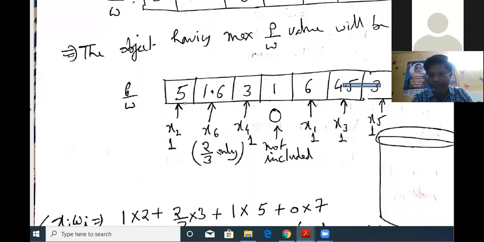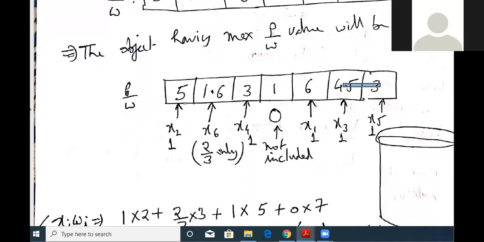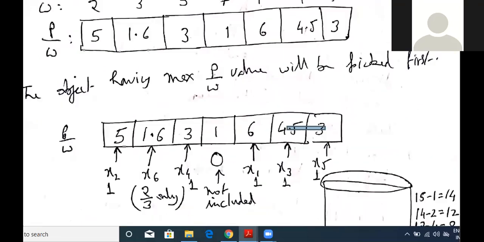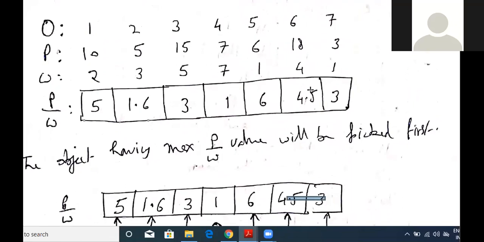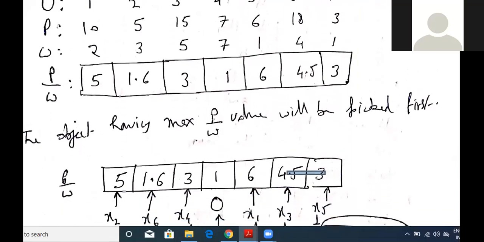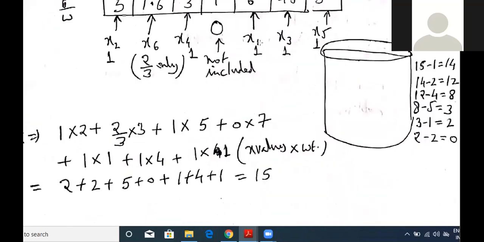Okay, so now let's see what will happen if we are proceeding in this manner. So how to calculate? I'm minimizing my screen so that you should be able to see the picture. So first we have picked this item, since the maximum profit to weight ratio is here, and the weight associated with this item is 1. It means we have to first carry one weight item. So the knapsack capacity that is given is 15. So first we have to carry the 1 kg weight.